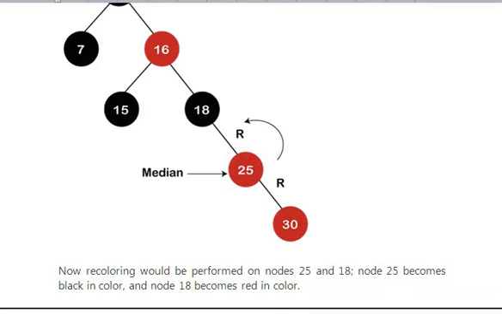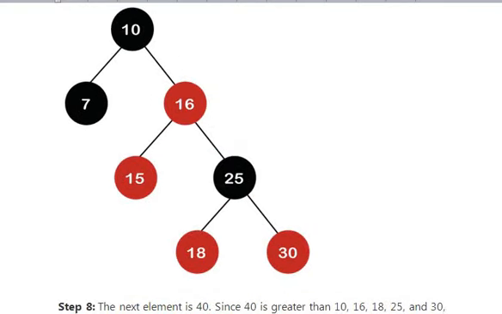Now recoloring would be performed at nodes 25 and 18. Node 25 becomes black and node 18 becomes red. So here we have the tree after rotation,